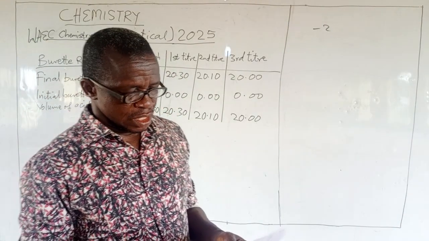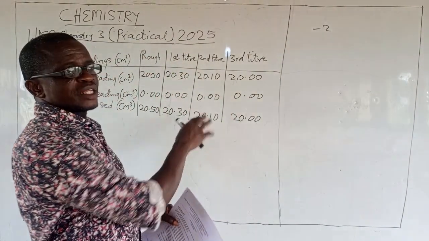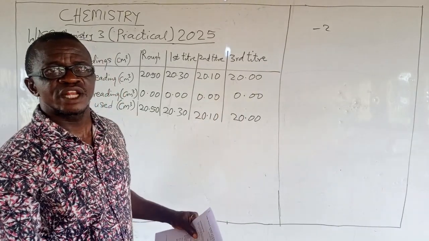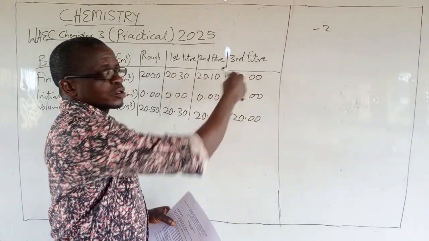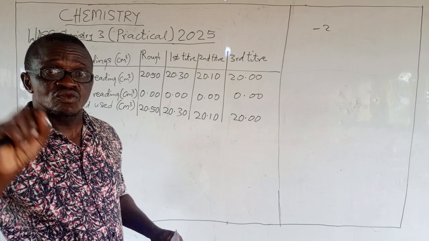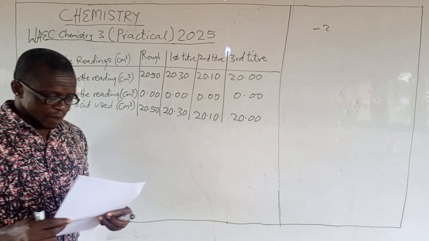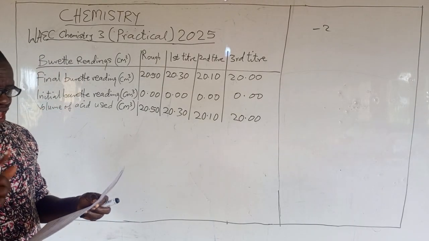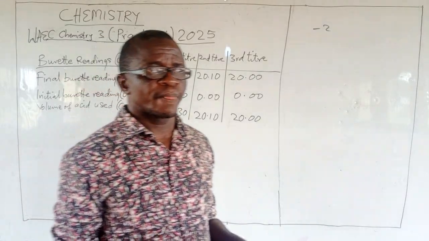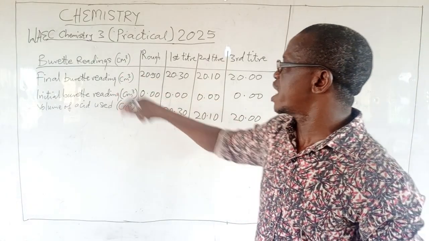pencil. Now, another mistake: you know that some students like using pencil, and then sometimes they will do like they want to erase it. Sometimes they don't even erase it. They just put pen over it to bold it. Once they see the trace of pencil, 2 marks gone. Okay, another point that you need to be very careful about is wrong unit. Like here I said cm cube, if you write dm cube, that's the wrong unit.